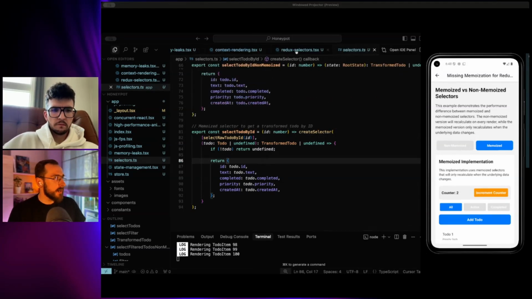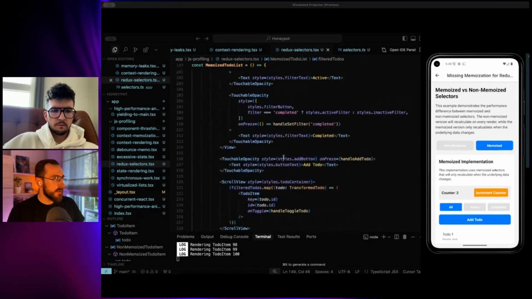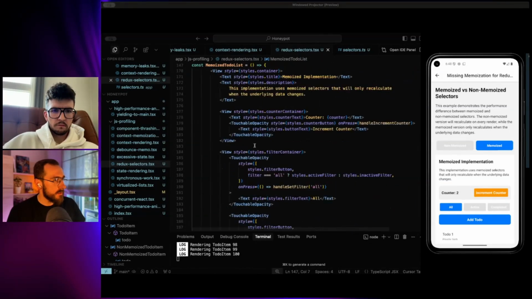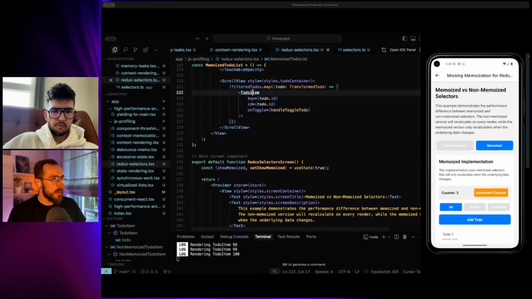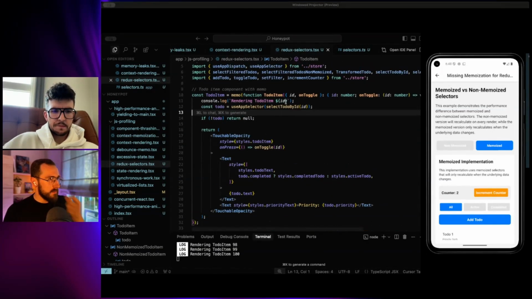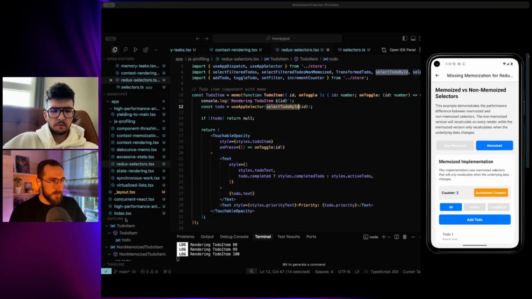And when we go back to the code and look for our new item, which was also a little bit updated, we will see that we use the new selector. And if I go to the